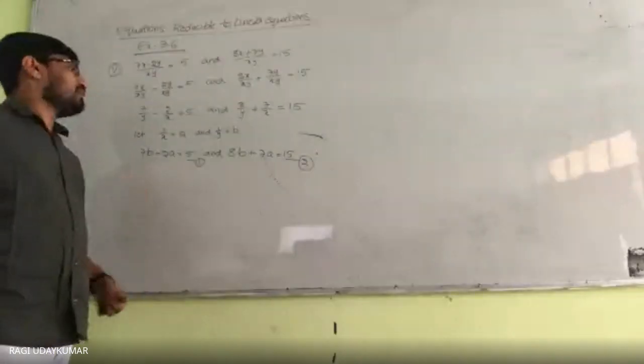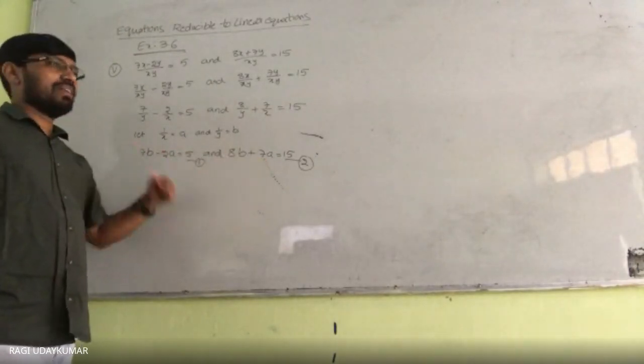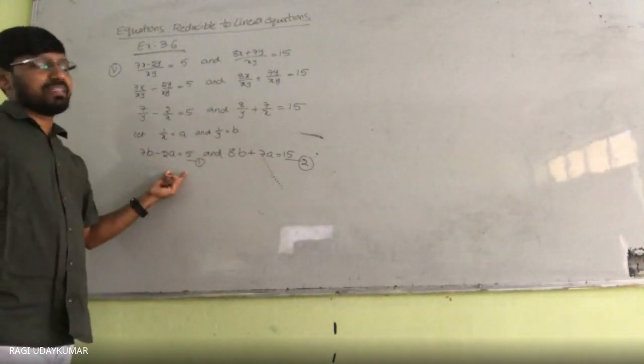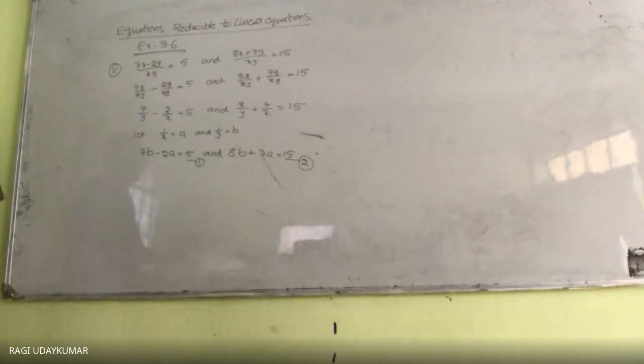If you want to use the elimination method, here it is 2, here it is 7. To make both equal, this equation should be multiplied by 7, and this equation should be multiplied by 5. And you can find out. Can you find out? Yes, sir. Should I leave the solution or do you want the complete solution? Okay, sir, we will solve. We can do it.